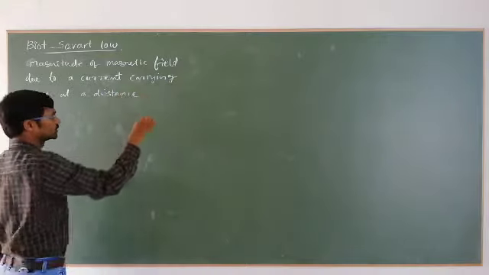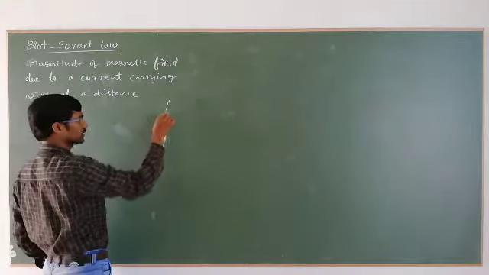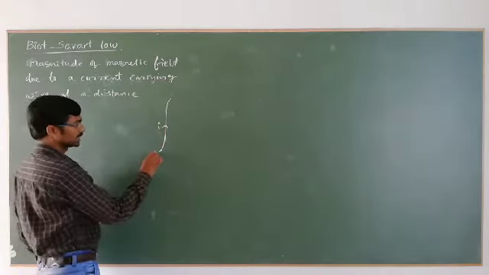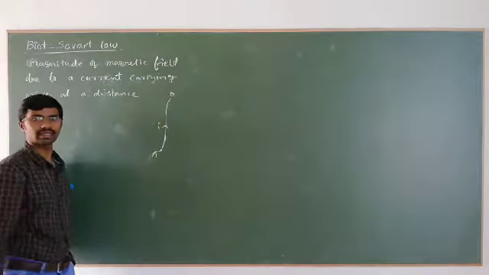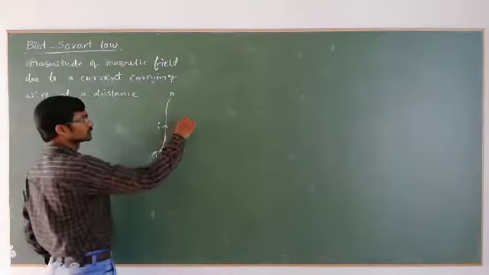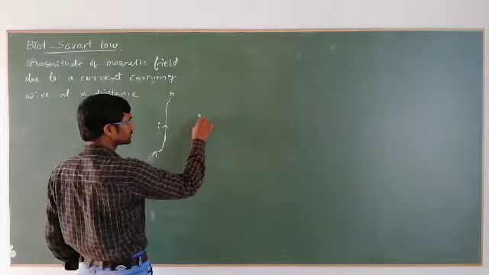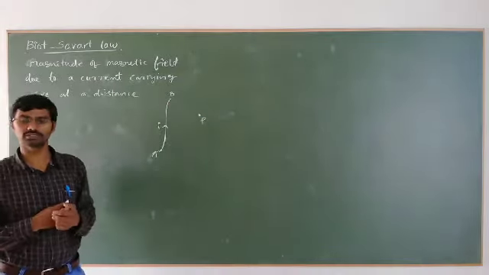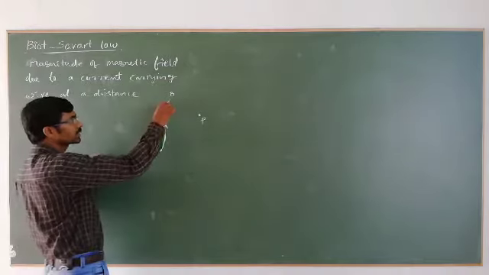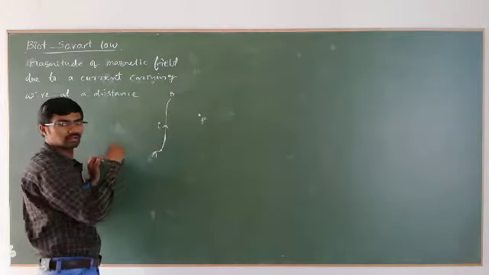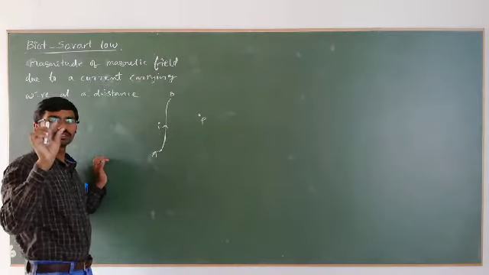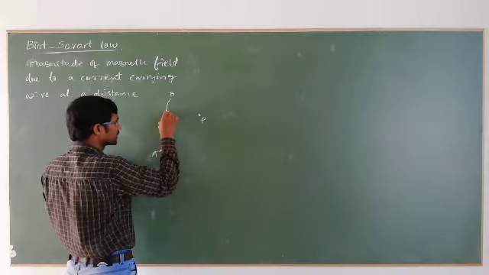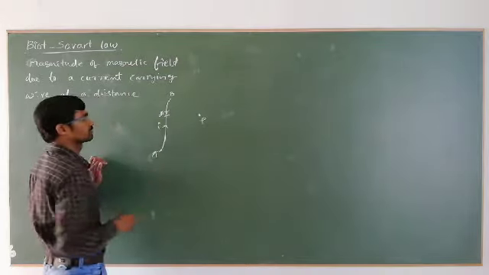r from the wire. Let me take a current carrying wire, which is carrying a current I. AB is a conducting wire carrying current I. Now let us find the magnetic field at this point P due to this current carrying wire. For that purpose, instead of considering the total length of the wire, we will consider only a small elemental length of this wire, which is dl.